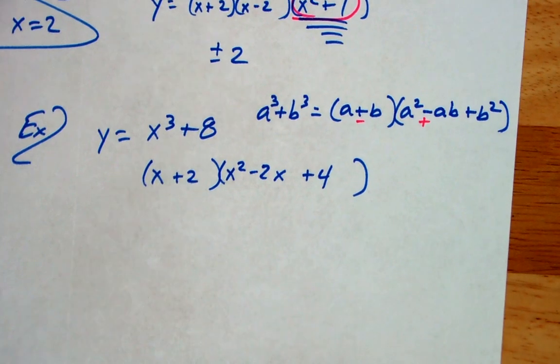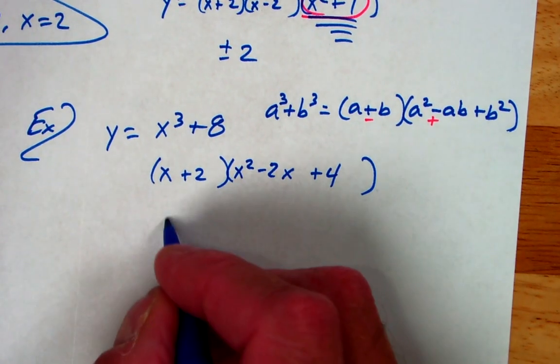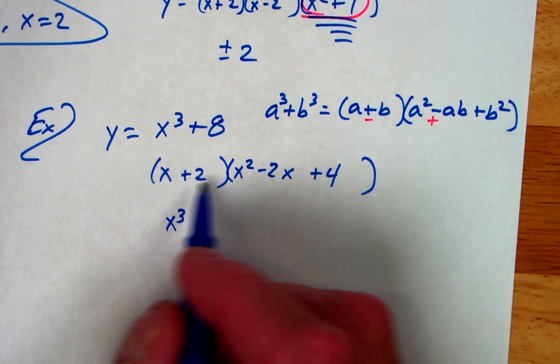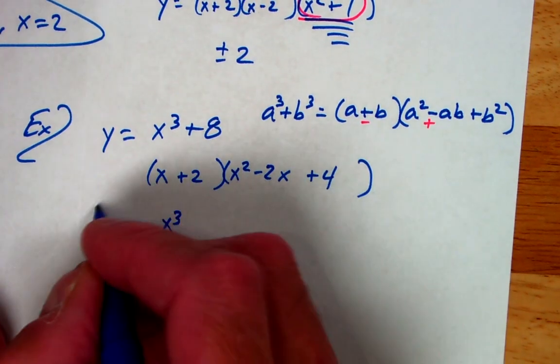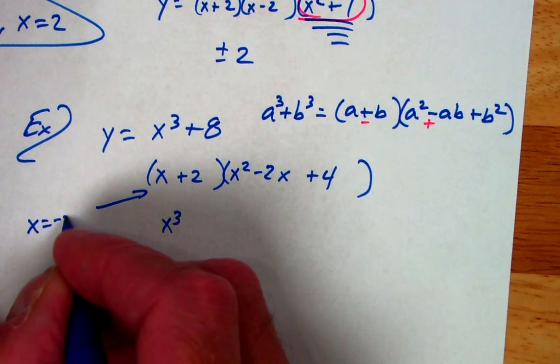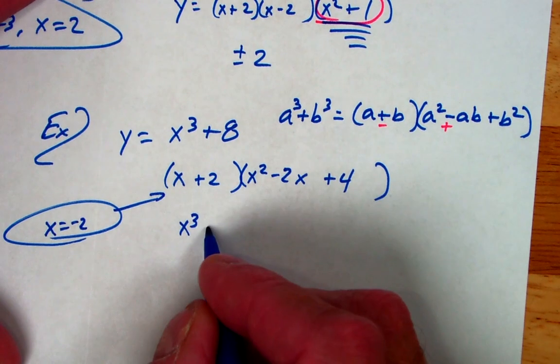Now let me show you what happens. If I multiply this out just to convince you, look at what I get. I get x to the third, even though we're done for now. We're going to come back to it. My x-intercept is negative 2. That's it. Okay? But if I multiply this out,